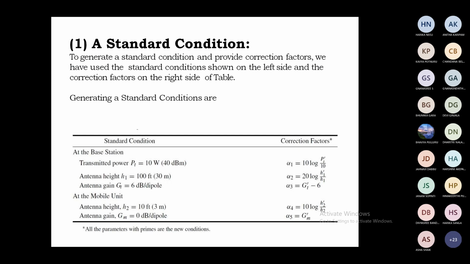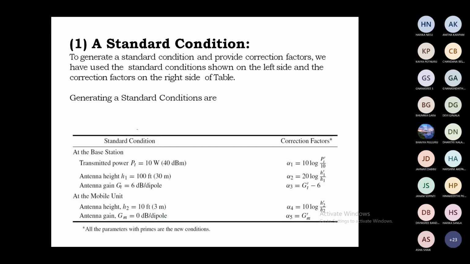A standard condition. Here, what is meant by a standard condition? Suppose now I am fixing one base station with a height of 100 meters or 100 feet. It is not covered in a 15 kilometers radius. Again we have to increase the height. How much should the antenna height be increased? Sometimes we have to decrease the antenna heights and we have to change the transmitting powers. That is, some correction should take place.